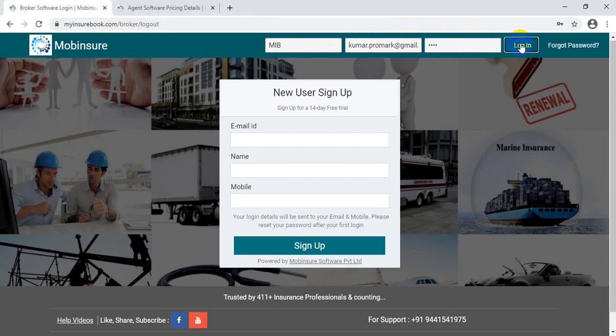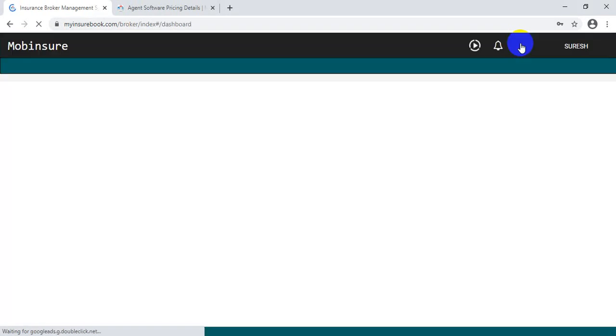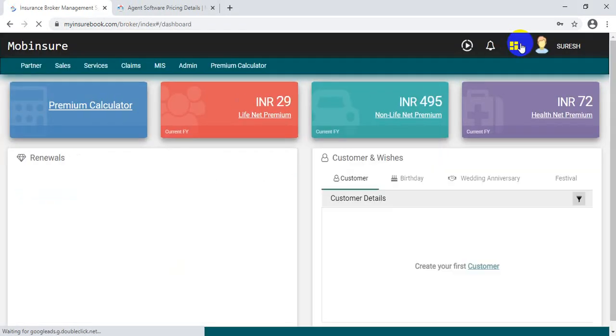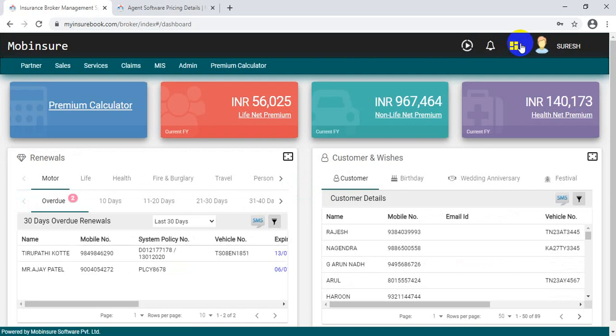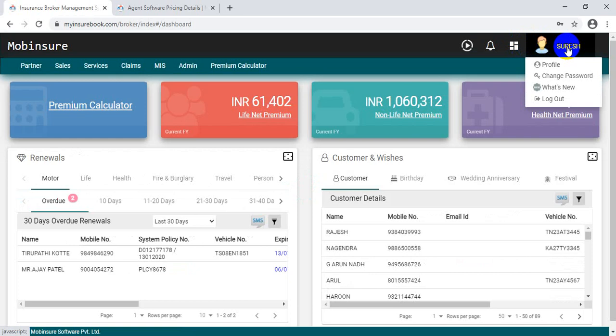I'm just logging into the system. This is where we log into the system, and what you see is the dashboard of the MobiInsure software. Let us get started right from the beginning. When you click on this name here, you see a feature called profile.